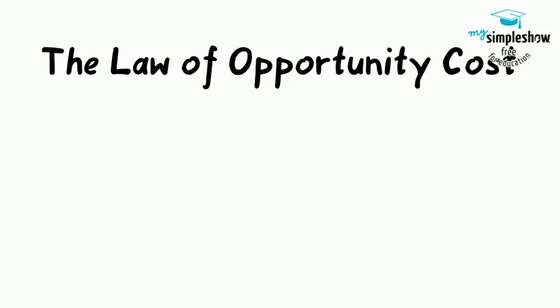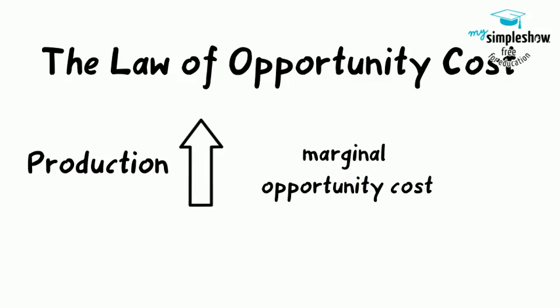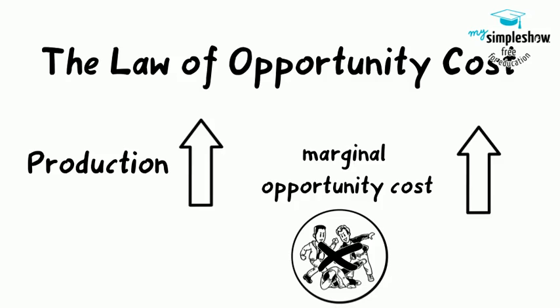The law of increasing opportunity cost states that as production of a good or service increases, the marginal opportunity cost of producing it increases as well. This happens because some resources are better suited for producing certain goods and services instead of others. When government spends a certain amount more on reducing crime, for example, the original increase in opportunity cost of reducing crime could be relatively small. However, additional increases typically cause relatively larger increases in the opportunity cost of reducing crime, and paying for enough police and security to reduce crime to nothing at all would be a tremendously high opportunity cost.